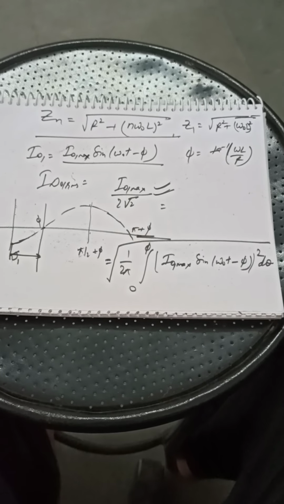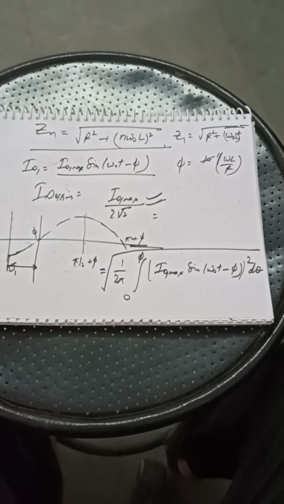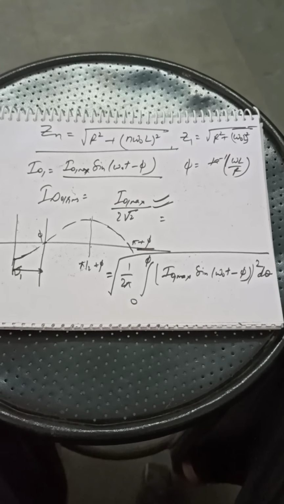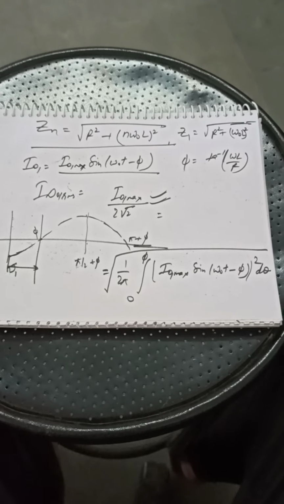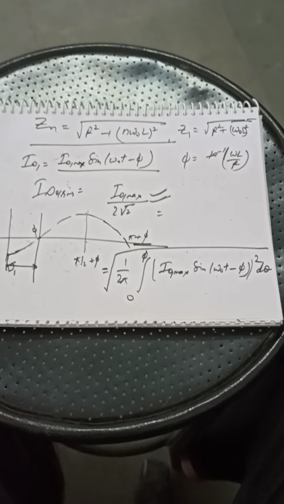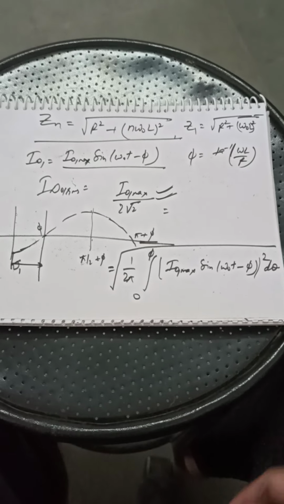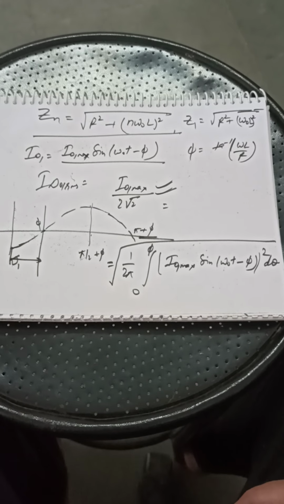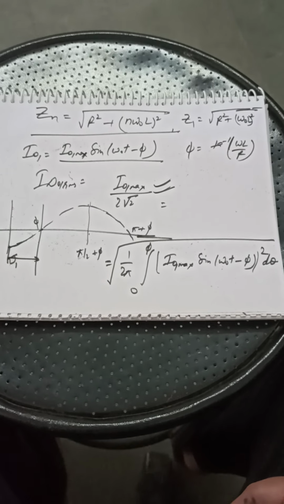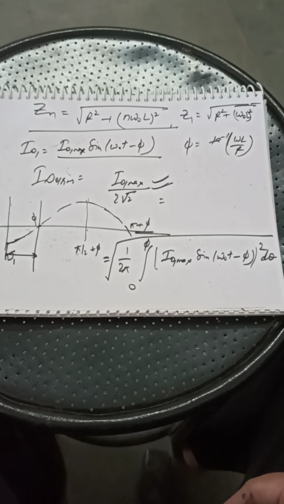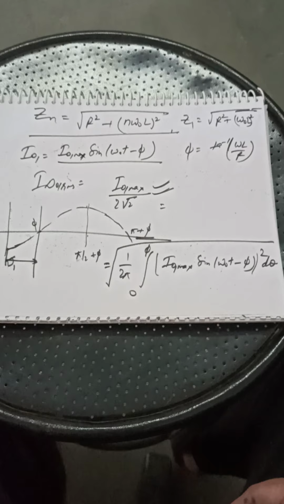Once again, I am bringing you the lecture on inverters, continuing the square wave inverters having RL load. The load is of RL nature. Just have a look at this. The Zn has been calculated earlier to be under root R square plus n omega naught L square. This will be valid for any kind of load.